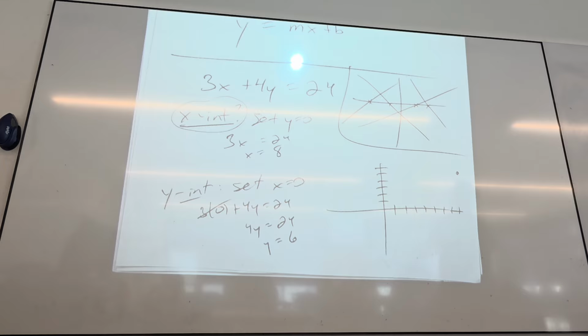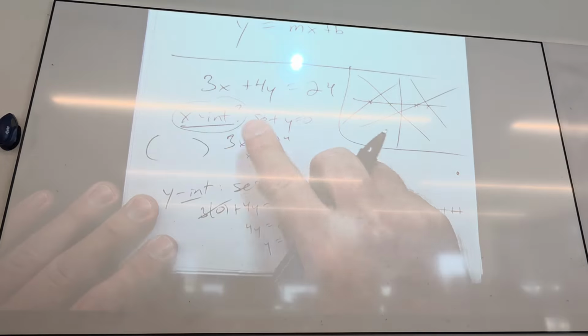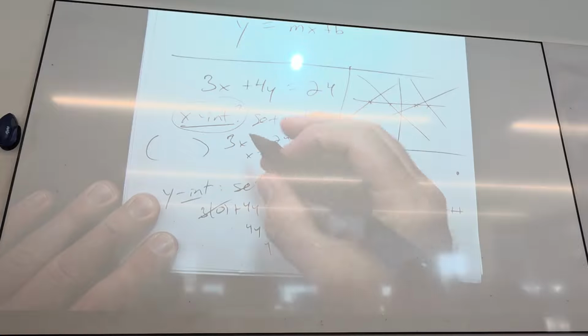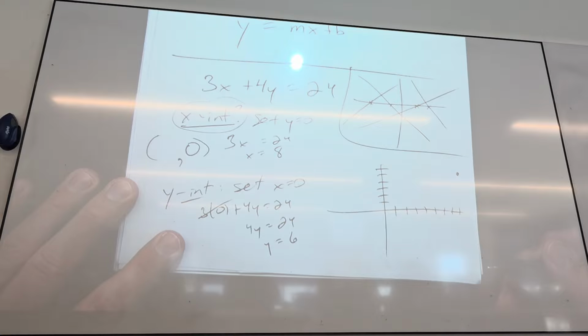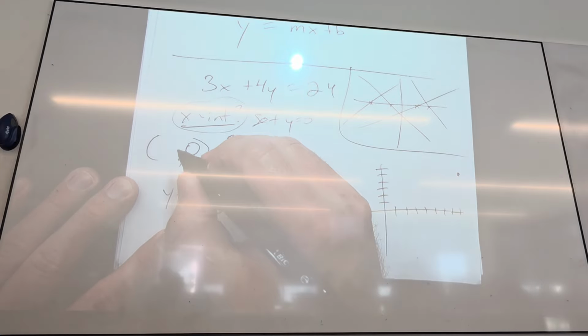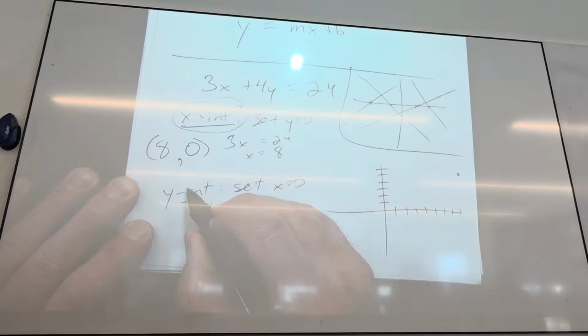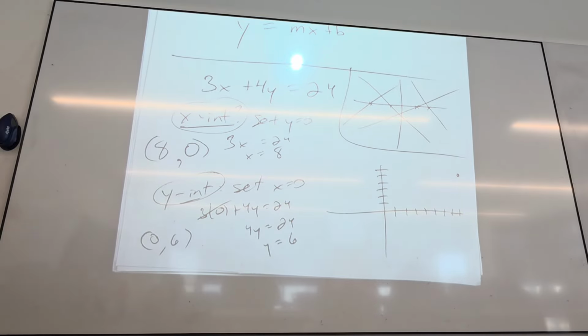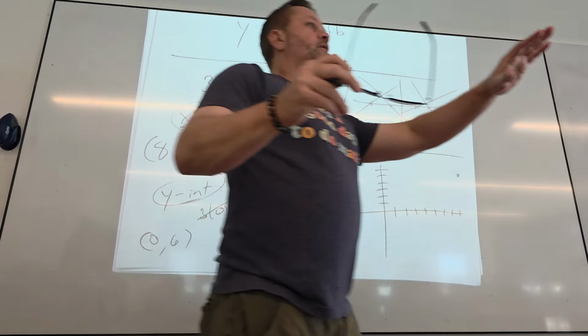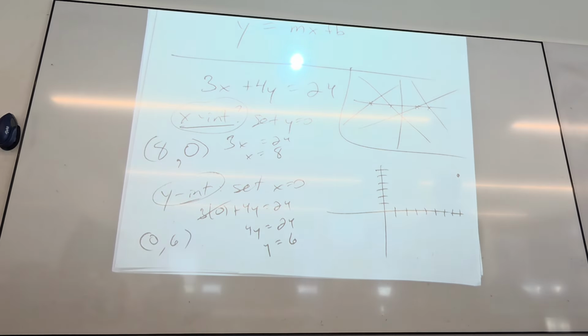Yeah. So that's why when you find the intercept, to save your own self, yes? Write it as a point. So what is the x-intercept? What did we do to find the x-intercept? Set y to 0. So we already know y is 0 because we set it to 0, yes? And what did we get for x? 8. How do we find the y-intercept? We made x 0, and what did we get? 6. So those are 2 distinct points. Are you guys with me? So I might have just saved a few people from yourselves. Okay.